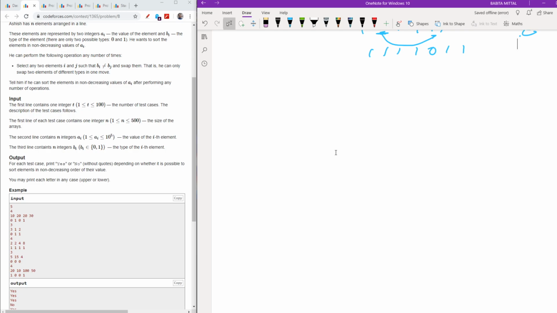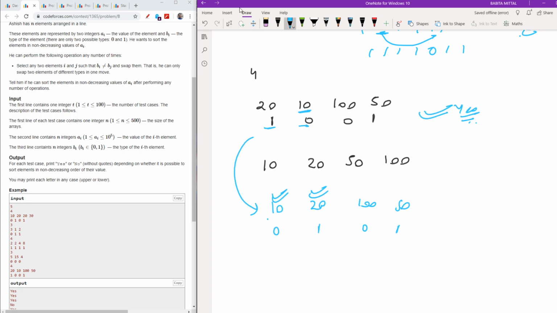But let's see it by thinking through all these steps. So it will come here, which is this. Now it will come here, and it is like this only. So as you can see, it is in a sorted position, it is in a sorted position. We just need to worry about these.